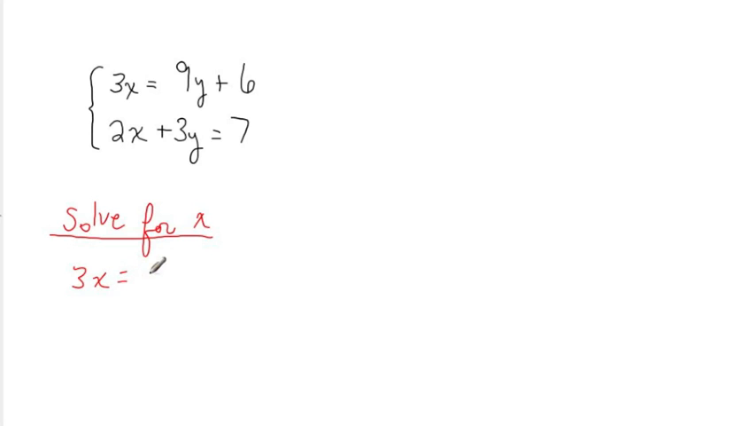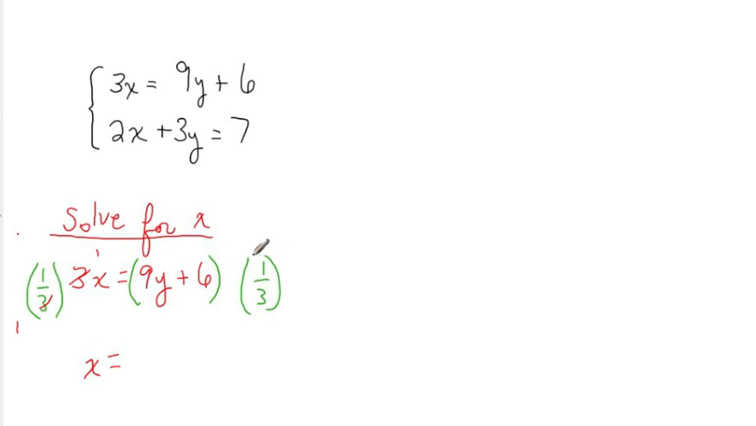3x equals 9y plus 6. To get x by itself, I need to multiply both expressions by the reciprocal of the coefficient. And since there are two terms in the right-hand expression, I need to get it in parentheses so that I distribute the 1/3 to both terms. This will leave me with